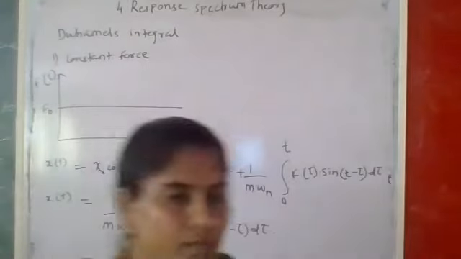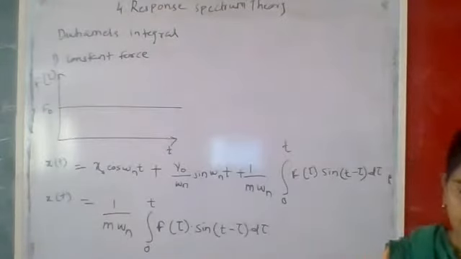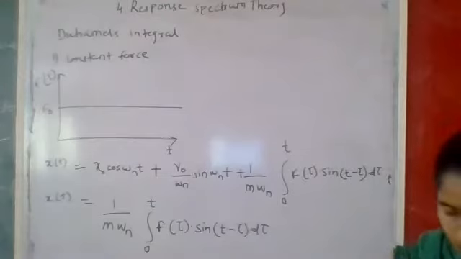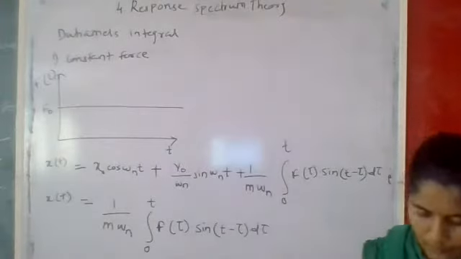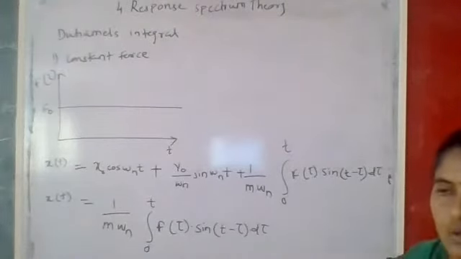Consider the case of constant force of magnitude f naught applied suddenly to the undamped oscillator at time t is equal to 0,